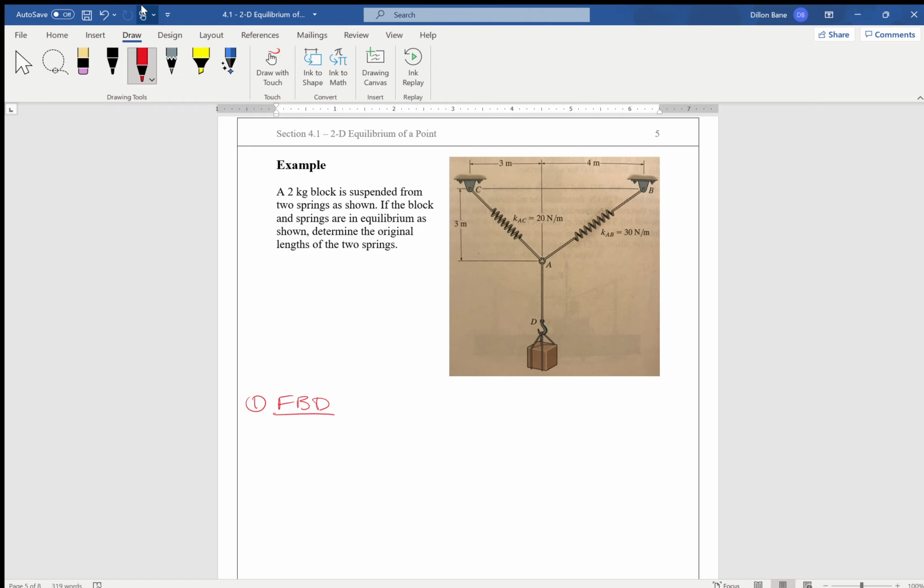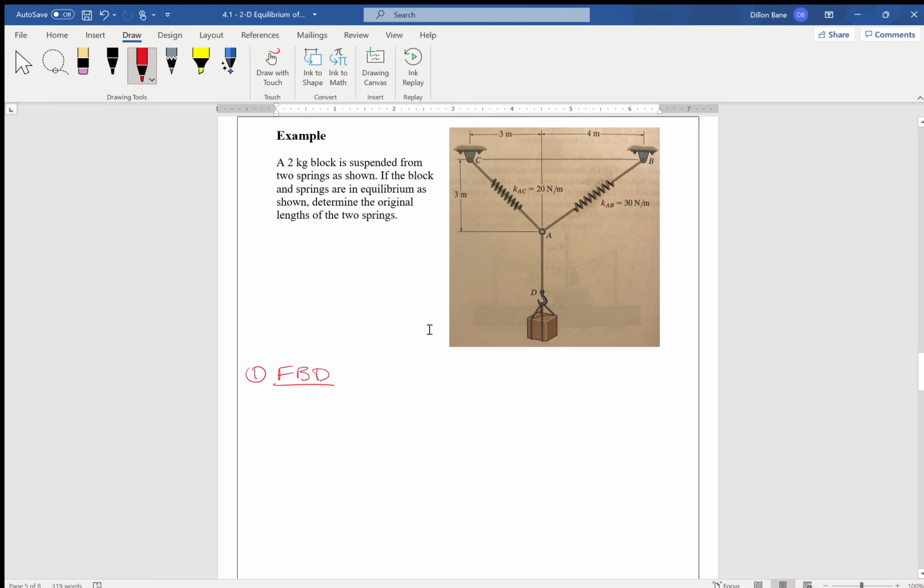For the free body diagram of the point, we want to pick the point where all the cables meet, right? So we're going to do point A. We're going to draw a point, this is point A, and all of these will be in tension on point A. So we're going to draw these forces acting away from the point, and we'll call the upper right one FAB, call the upper left one FAC,